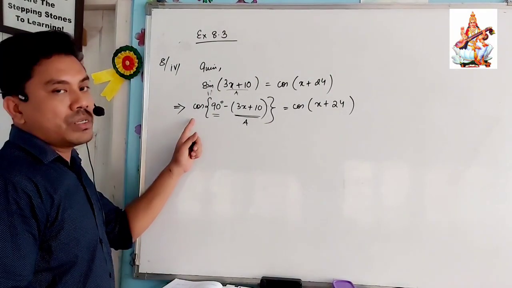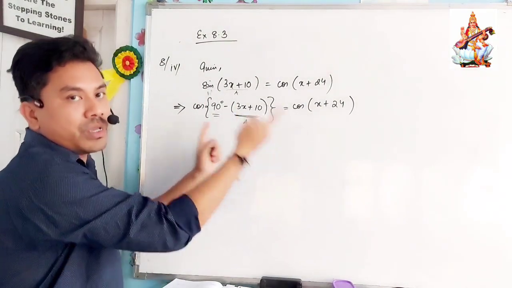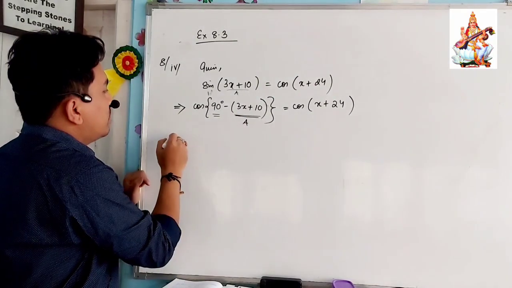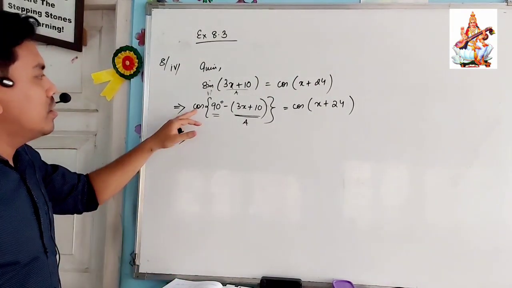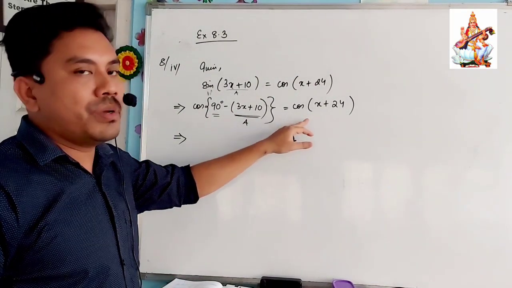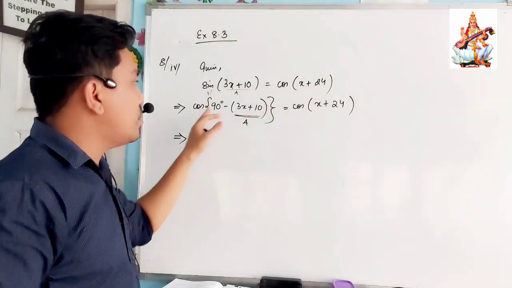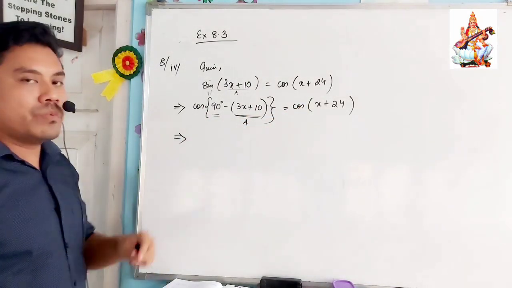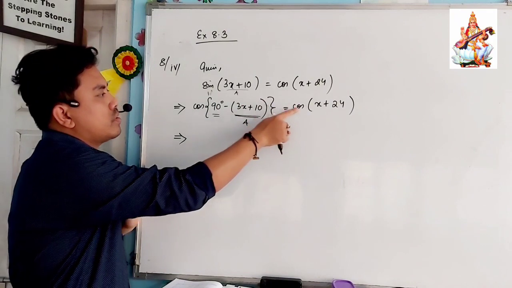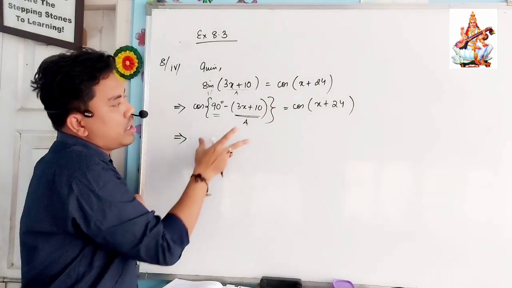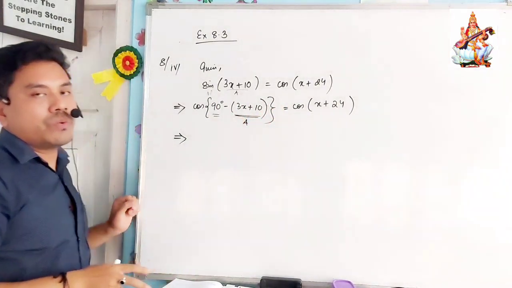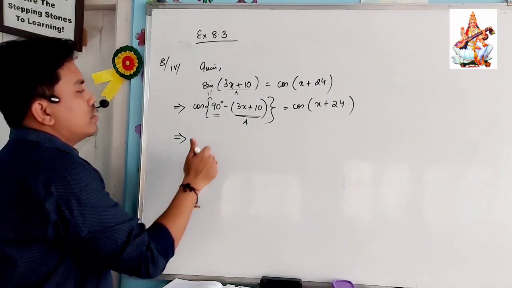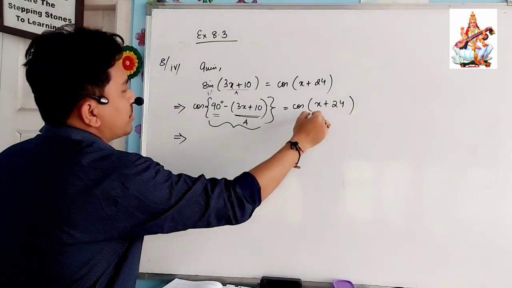If you change this side and the other side also, it will be the same again, doing the same thing. Then you'll see that here cos will be there, then sin will be there. In one of them, we have to change. Okay, so we have cos on both sides. Now we can equate what? We can equate the angles. So this whole part can be equated with this.